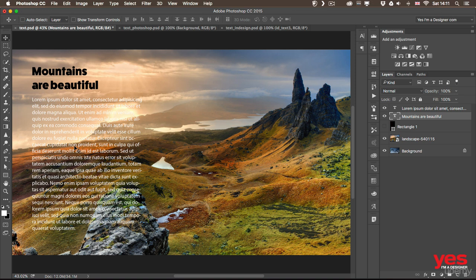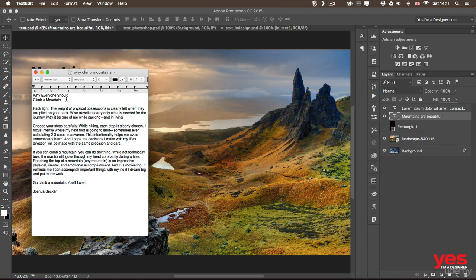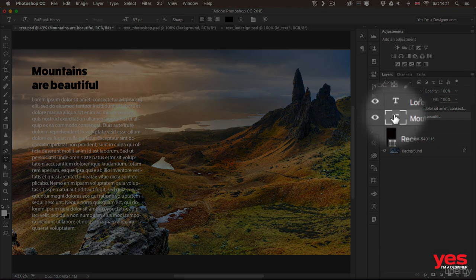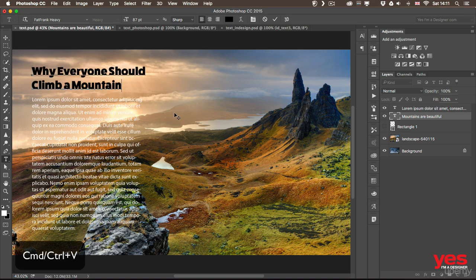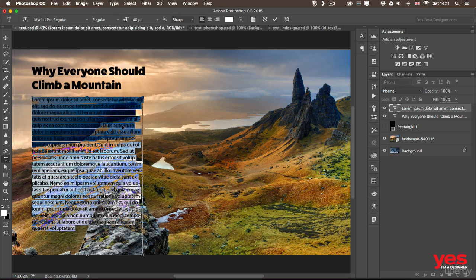And in case you want to bring in some text from a Word document, for example, or any text document, you would have to first open that document file, select the text which you want to bring in, and let's say this is going to be my title, so I can copy that, come back to Photoshop, select the text by double-clicking on the thumbnail, and then just paste, Command or Control V. And you see it will remember the formatting I've set up, and it just replaces the text with that new text I brought in. So I can accept that change, and I can go back again, select the rest of the text from this article from Joshua,